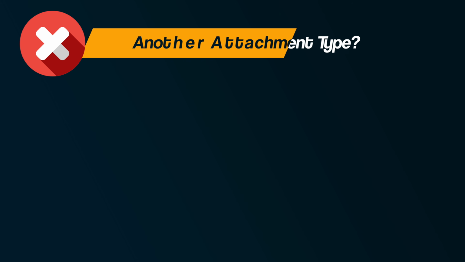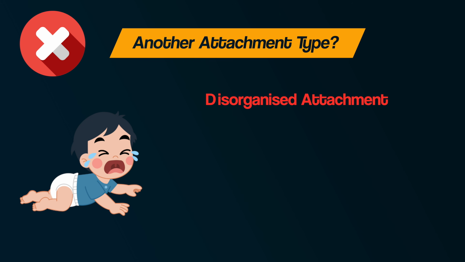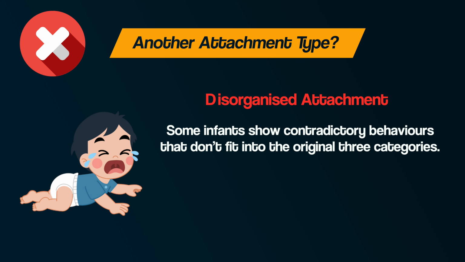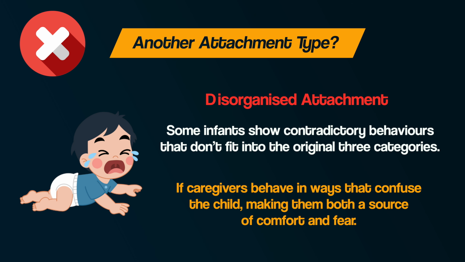Variations. And researchers suggested that a fourth attachment type, disorganized, should be added, as some infants show contradictory behaviors that don't fit into the original 3 attachment types. This may occur when caregivers behave in ways that confuse the child, making them both a source of comfort and